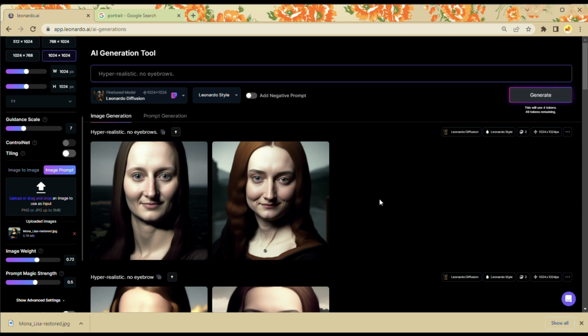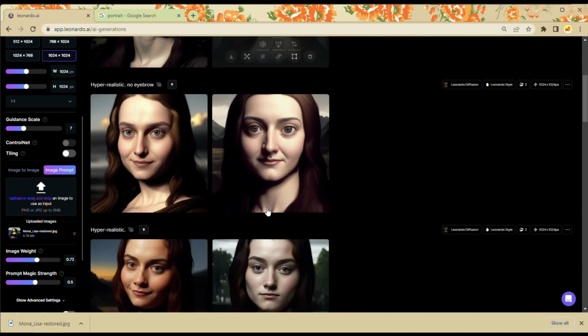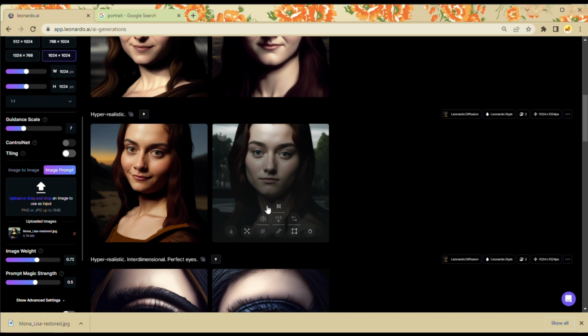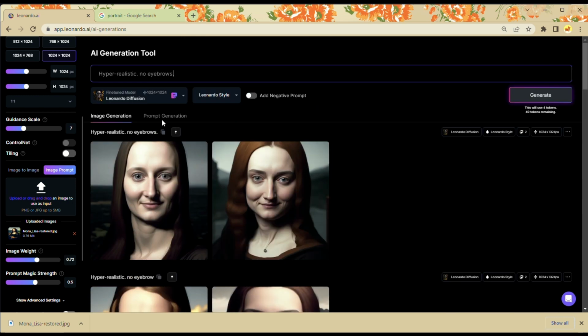But just to inform you, each generated image is equal to 1 token, and you're only given 150 tokens per day. And that's how you use